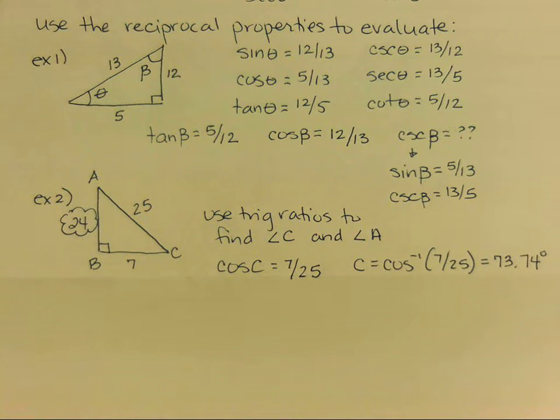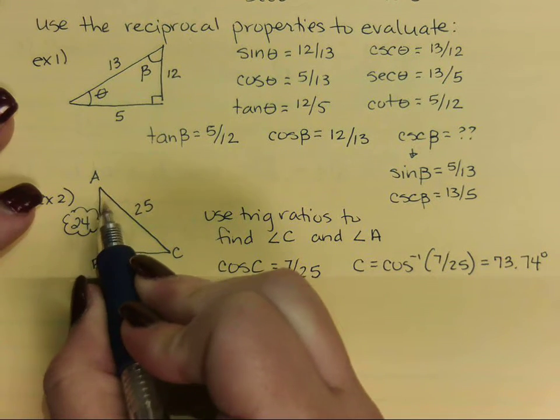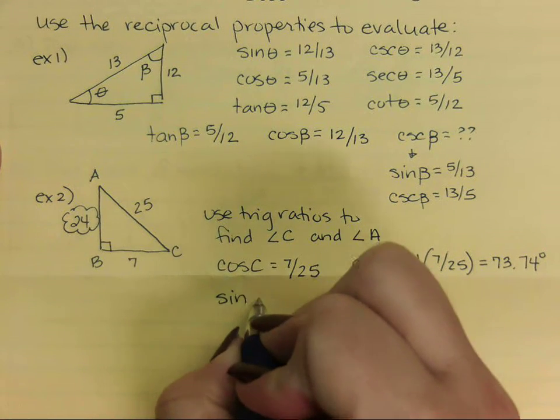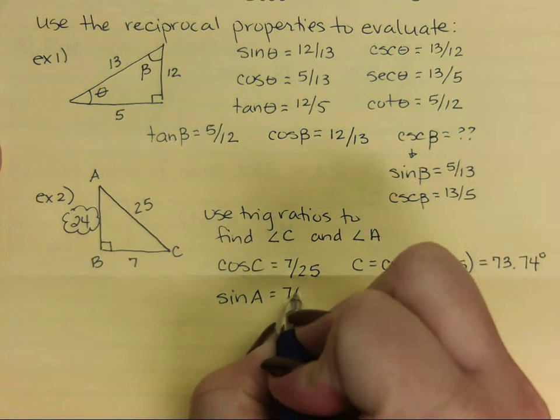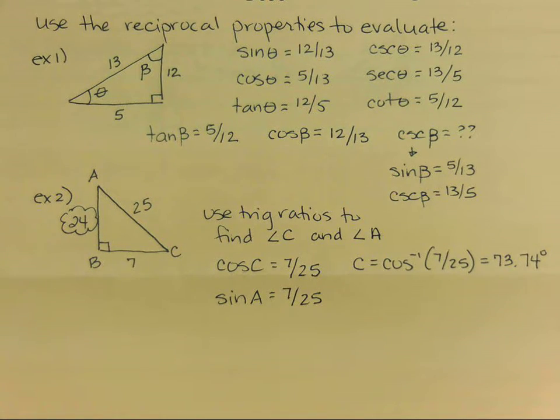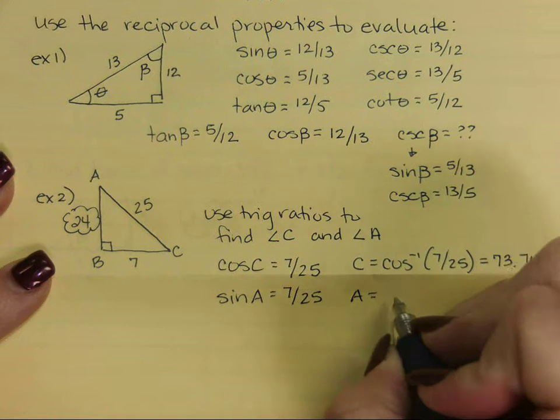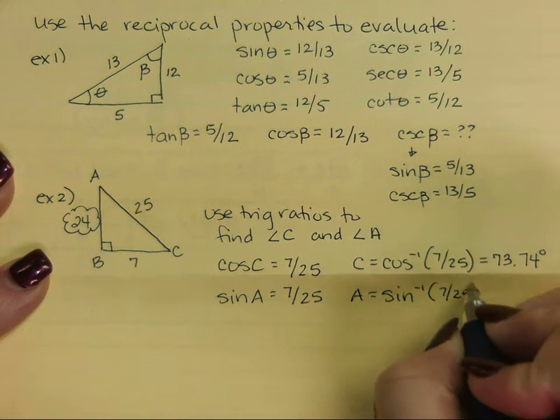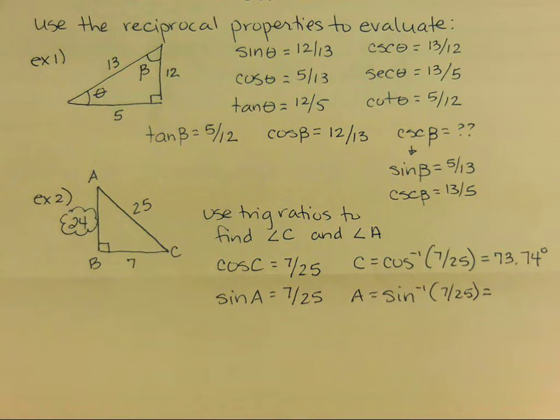I could look at angle A and say, based off of angle A, the information I was given would lead me to use that the sine of A is 7 over 25. And I can use that exact same ratio to figure out that other angle. But again, you're going to have to go into your calculator and figure out what is the sine inverse of that ratio. And if you do it right, you should get somewhere around 26 or so degrees, because angle A and C have to add up to be the other, like